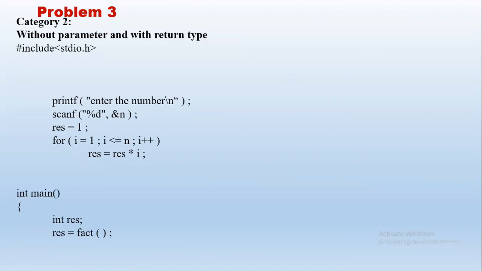Now we are here to see the difference between categories, right? We understood how to find factorial. The logic is the same, but the way of representing is different. So using all the 4 categories. So here, if we see, we are not having any parameter, without parameter. So fact and without parameter. The prototype gives us the majority of information. There is no parameter, but there is a return type. So int is the return type. We have got the answer in result. Say if we pass n as 5, we have found 120 is the result. It is there in the variable res, right? So 5 factorial is 120, which is there in the variable res.